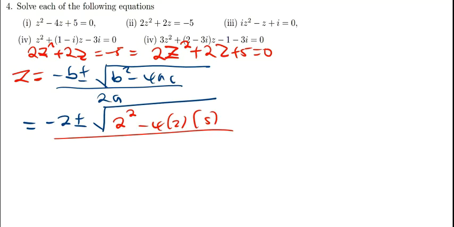I divide this by 2 times 2, which is 4. So we see what we're going to have in the square root. 2 squared is 4. So I'll have -2 plus or minus the square root of 4 minus